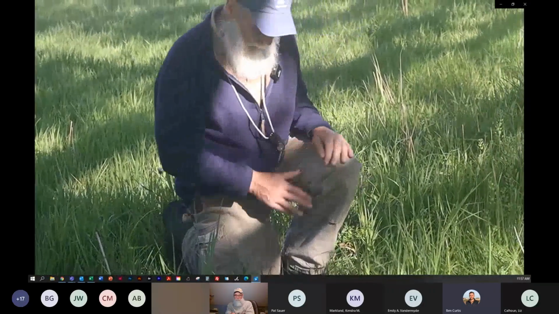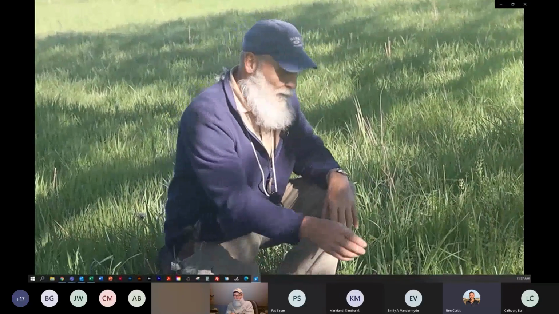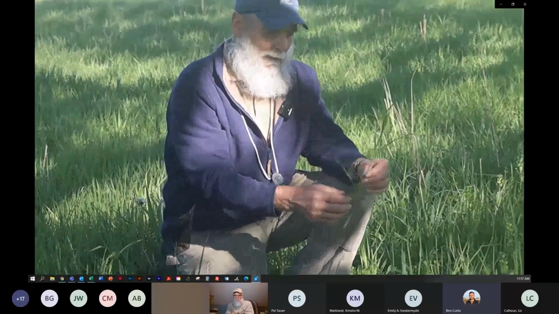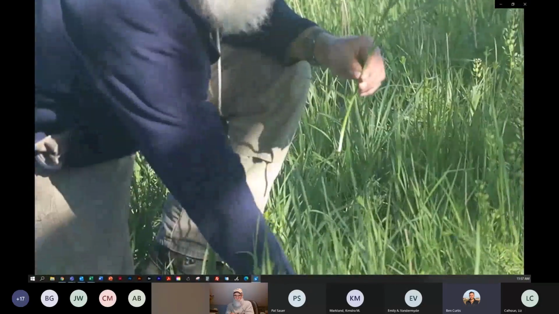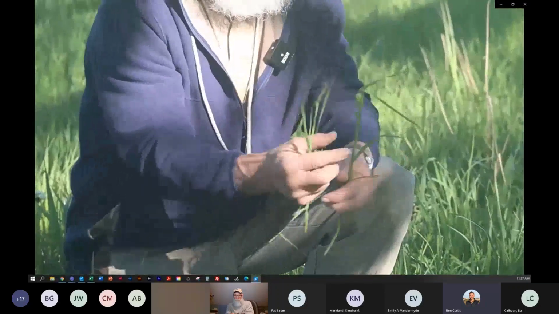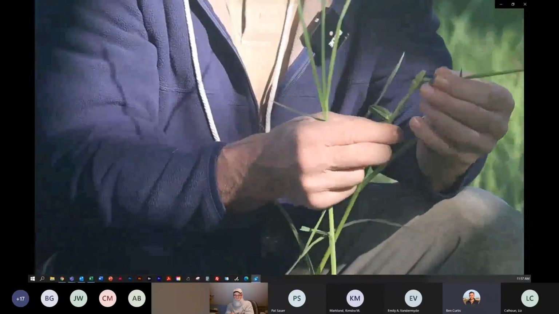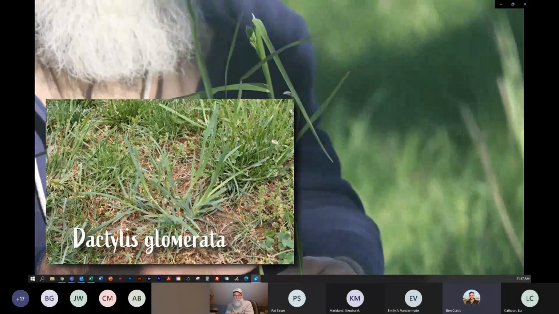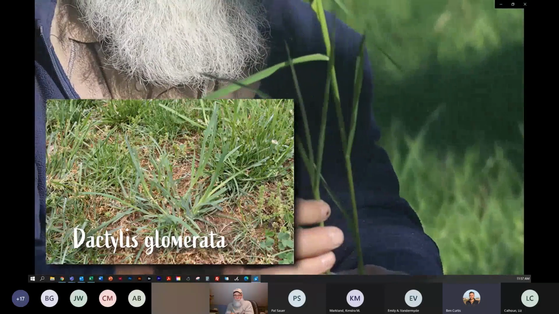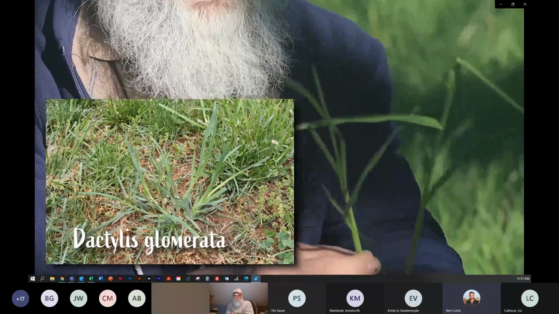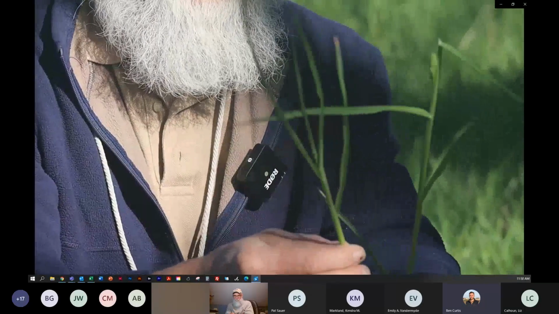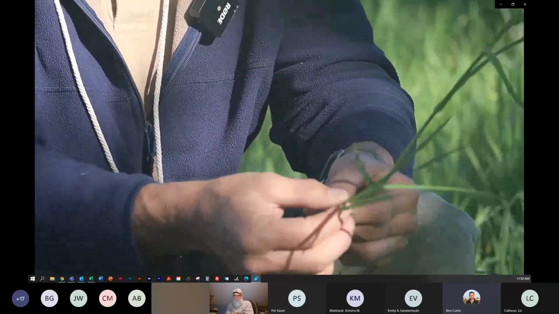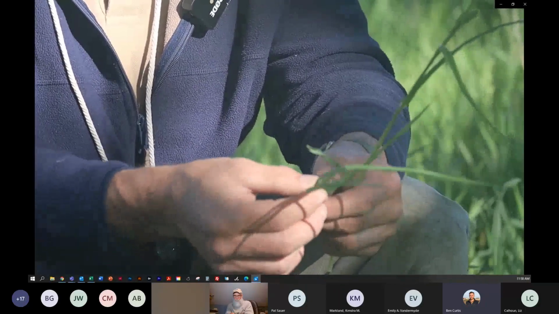The next one right here in front of me, and there's quite a bit of it all around here, is another grass. So we're looking at another cool season forage grass. Here's a clump of it right here. Pull another stem up. This one is starting to form spikelets here at the top. This is orchard grass, Dactylis glomerata. Now, one of the characteristics that show up already here is the shoot, the stem is somewhat flattened. In fact, as you go a little bit further up here at the top where the last leaves have come off, it's really flat through here.